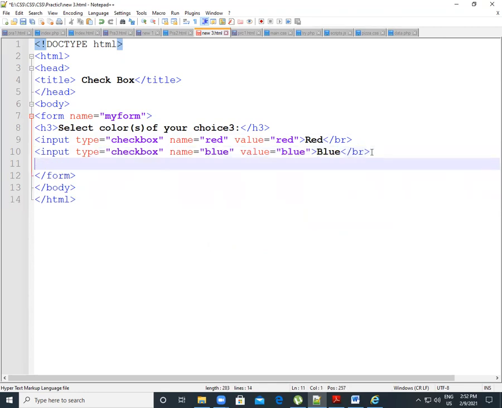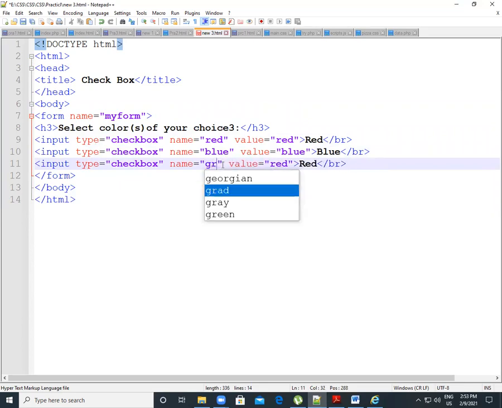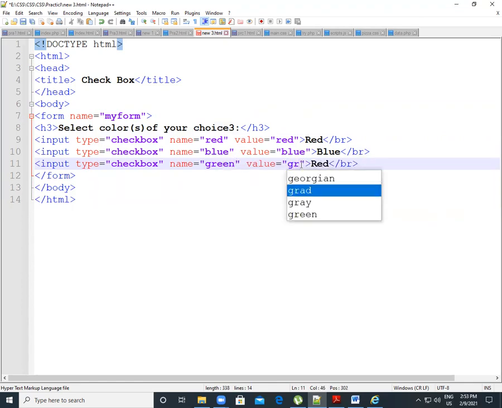Again I will paste my previous one, blue, then green. So this value also changes to green. So we will give these three colors, red, blue and green, correct.